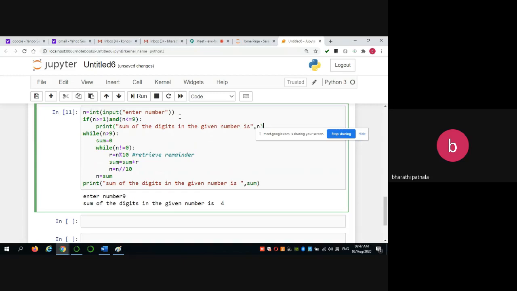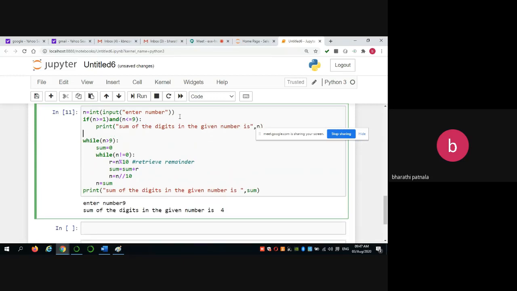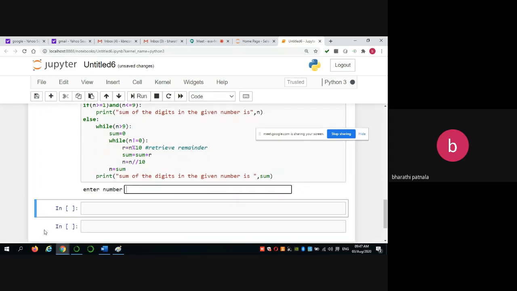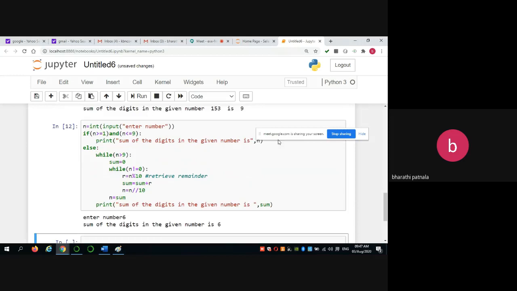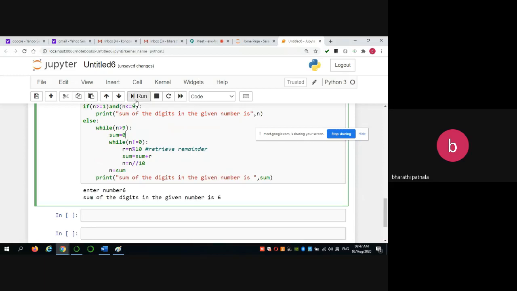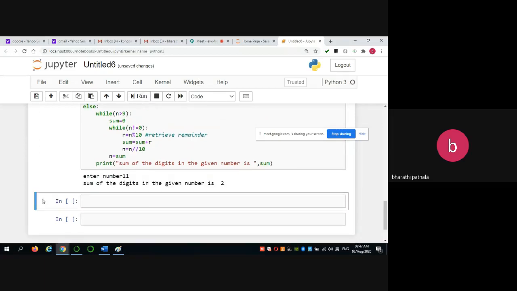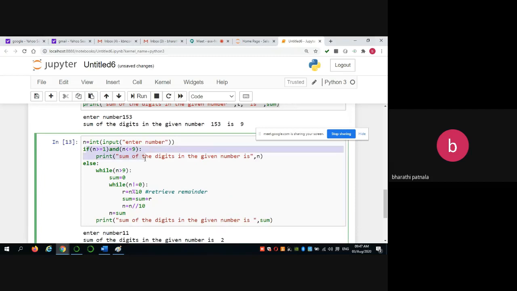If it is not true, else, within that else, that means your n value is more than 9. In that case, you can do this task. So if n lies between 1 to 9, simply the sum is the same number. If more than that number, then it will not enter into this particular if condition.